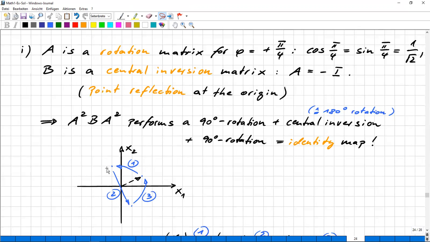So a right angle rotation, then also such a central inversion is exactly the same as a 180 degree rotation. So a rotation by an angle of pi will result in exactly the same as this central inversion, you know this. And so everything's clear now, but one thing's interesting. How can we use now our matrix theory to prove that a central inversion has exactly the same effect as a rotation by an angle of pi? Can you tell me? If you look here again,